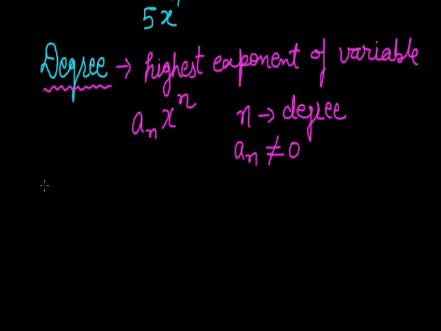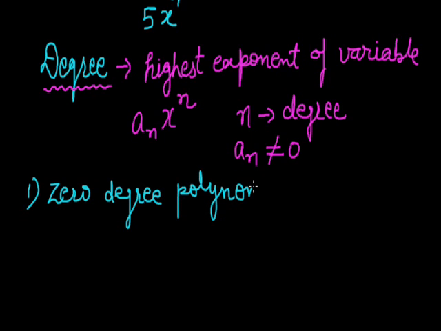So the classification can be done as 0 degree polynomial, 1 degree polynomial, 2 degree, 3 degree and 4 degree. First of all we see what is a 0 degree polynomial. In this case the degree of the polynomial should be 0, that is the variable x should have a 0 exponent. So all the constants are 0 degree polynomial,